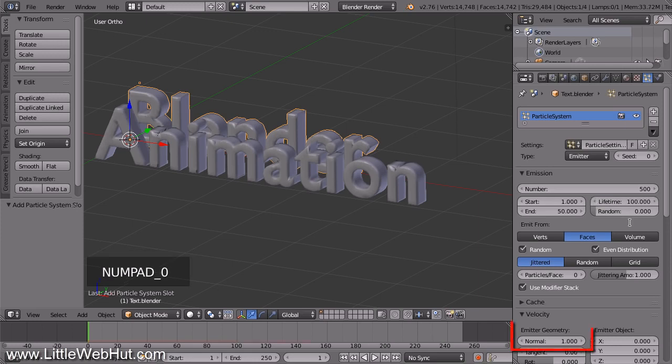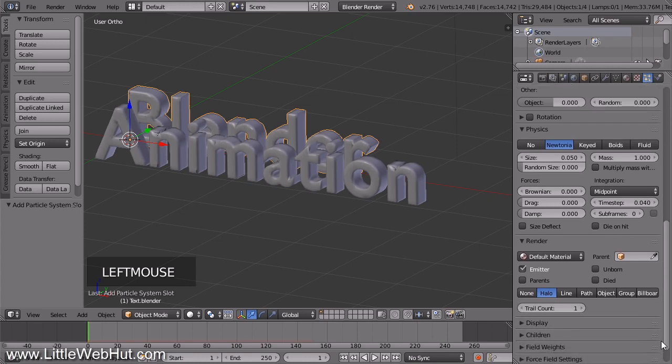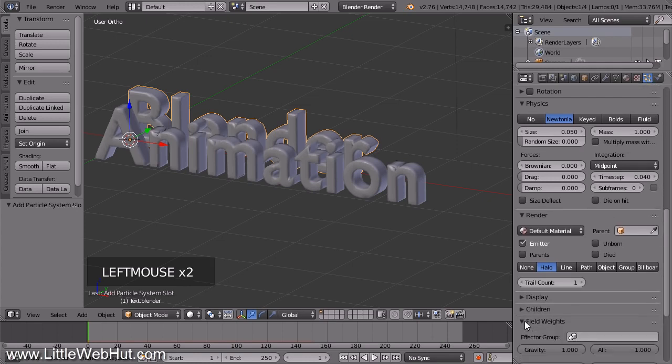In the velocity section, the emitter geometry normal value controls how fast the particles will be emitted. Set this value to 0 because these particles will not be moving. Now open the field weight section and set the gravity value to 0 so that gravity will not have an